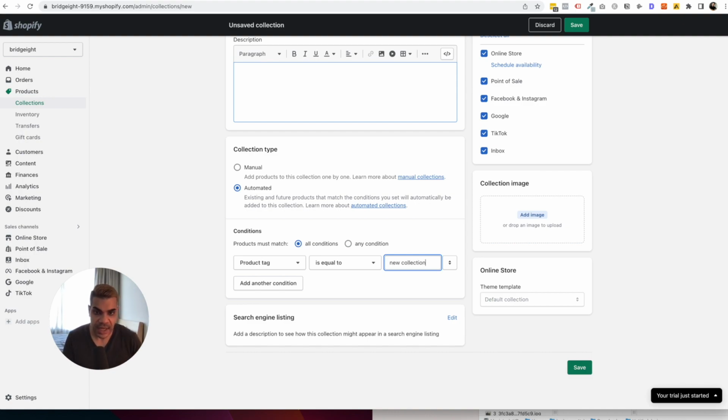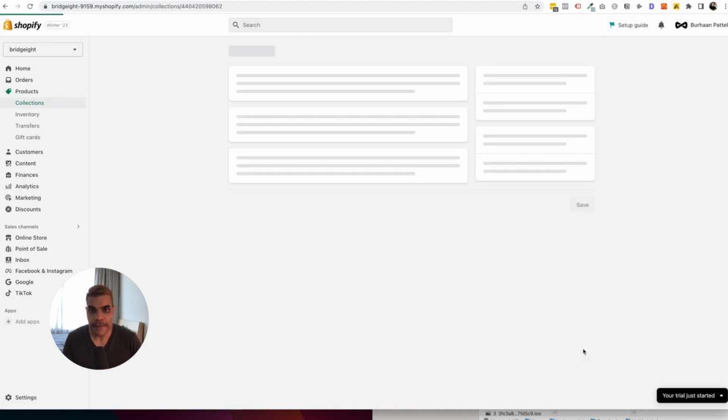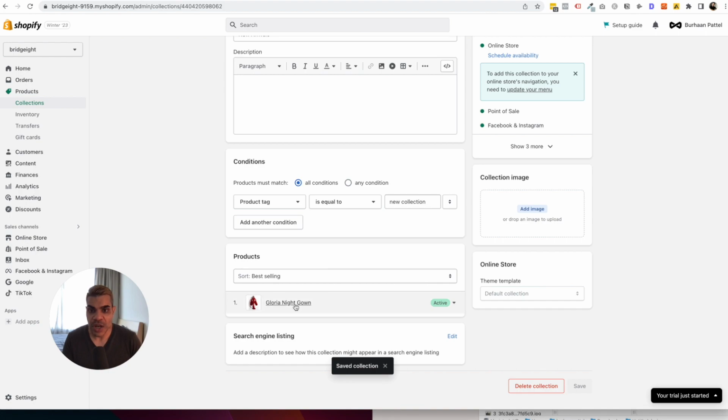Because that's the tag that we chose in the beginning. So if I hit save on this, it's gone and found that product, right? Gloria Nightgown,